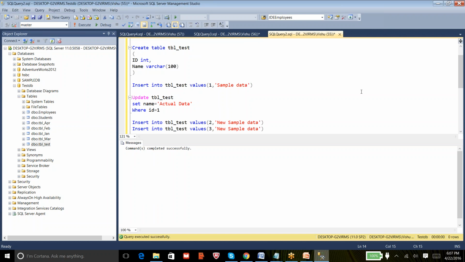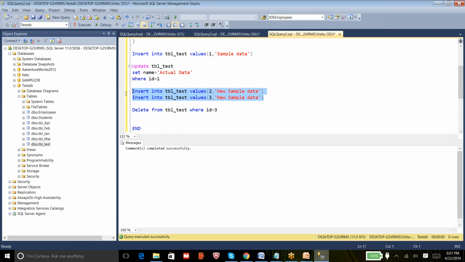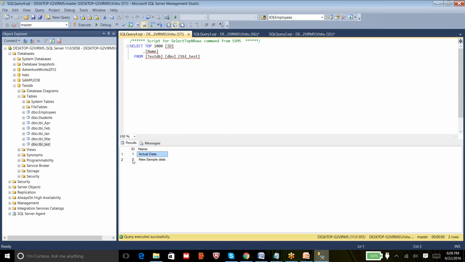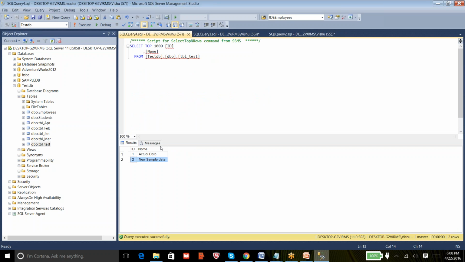And then after, we inserted two records in the table, but it is only showing the record 2. It is because immediately after that we deleted a row ID called 3. So that is the reason the table now has one row with actual data and a second row with new sample data.